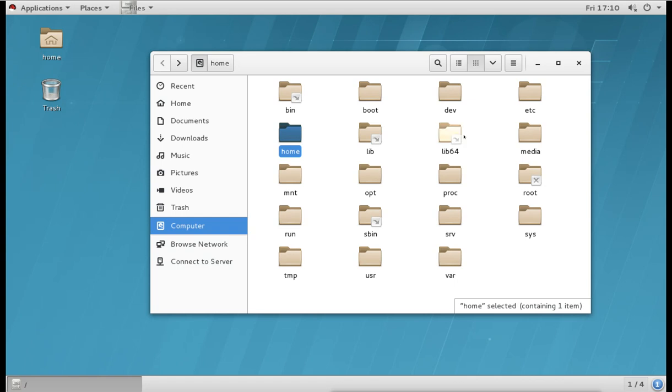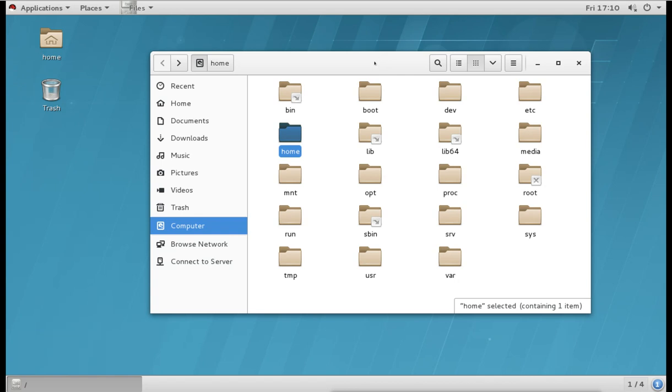So we will not see any partitions, but the partitions are linked, or we can say mounted, on these directories. There is a slash which is the root of the file system, and we have a partition which is mounted on this slash.